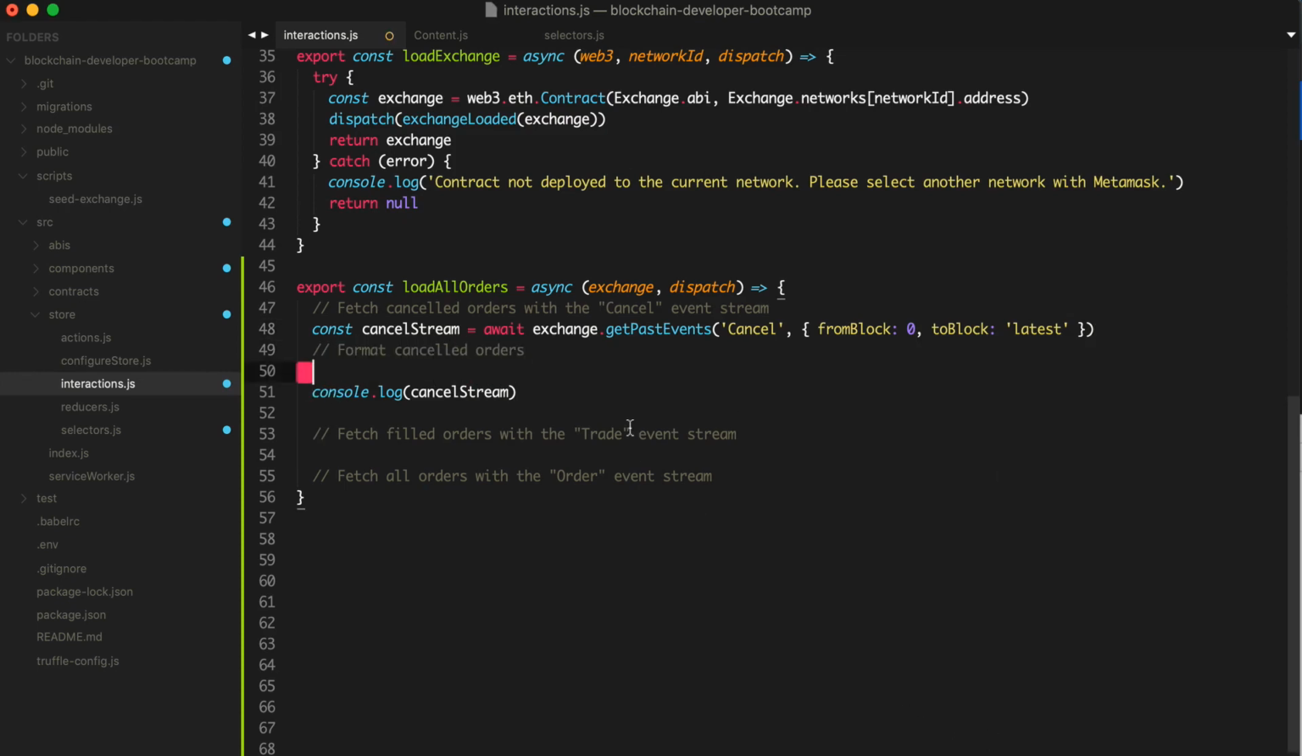Format the canceled orders like this. So basically just say canceled orders. Let's actually do let const canceledOrders equals cancelStream, this right here, and we're going to map over it. Say map